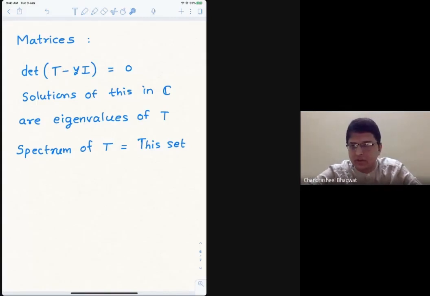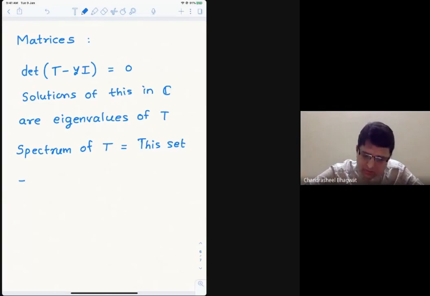There's one question about the fundamental theorem of algebra which just popped up. I'll come to the question later, but the fundamental theorem of algebra is exactly this, which says that when you are working with C, you get solutions of these equations in C. And how many? Exactly the same as the order of this matrix T, if you count with correct multiplicity. And the spectrum of the matrix is called this set. In fact, the origin of the word spectrum has to do something with the eigenvalues of various operators which come in quantum mechanics, but let's not go into that today. So the spectrum of T is exactly this set.